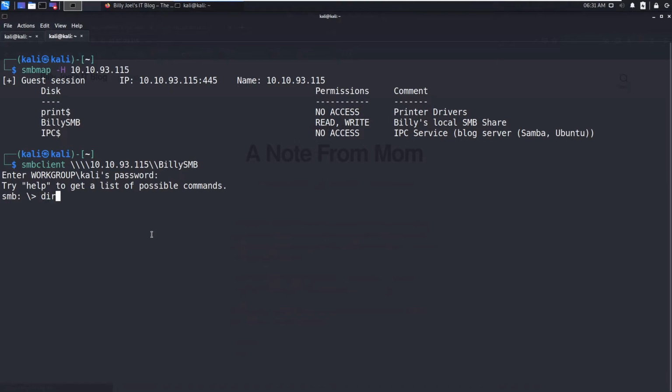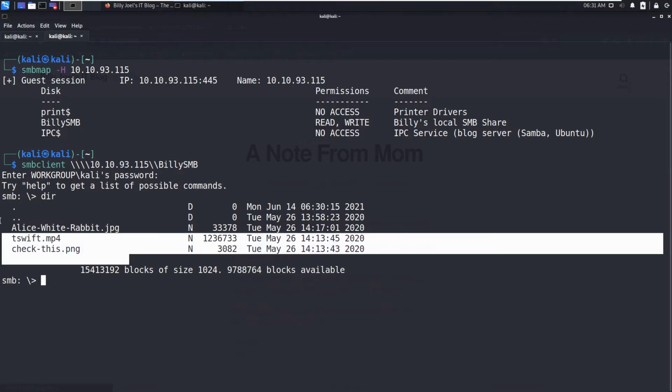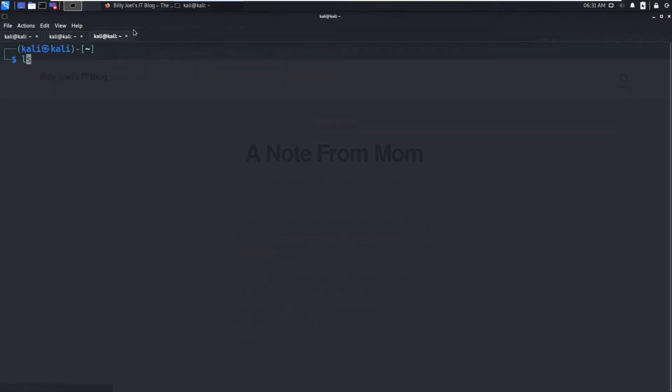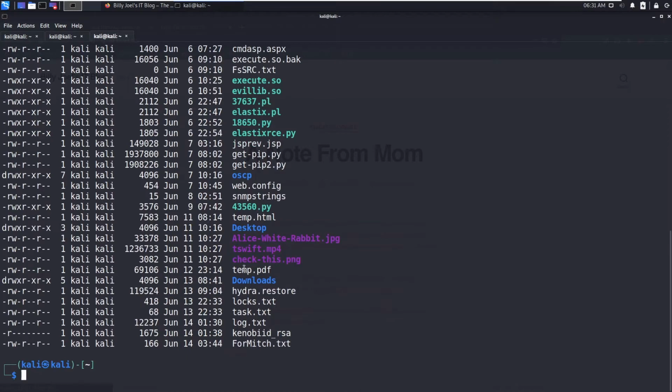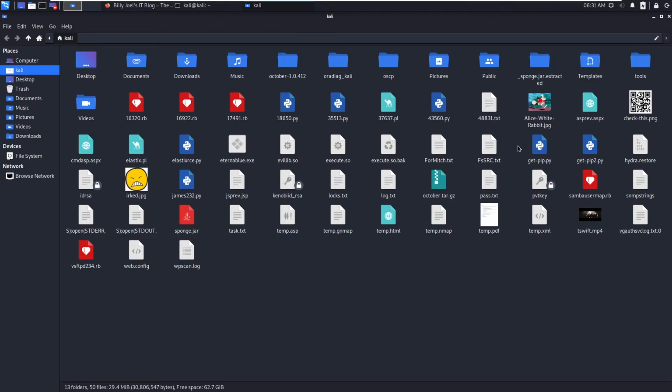Now we have connected to this BillySMB directory. Check this, the white rabbit. So these are the rabbit holes. I have already got this. Check this. If you go to this, open file manager, and if you go to this, check this.